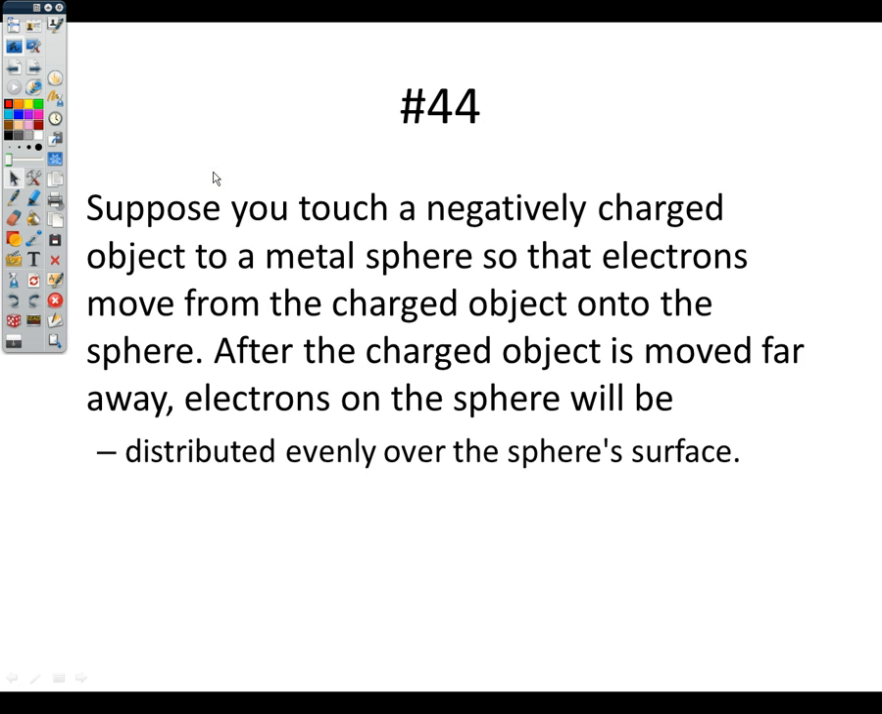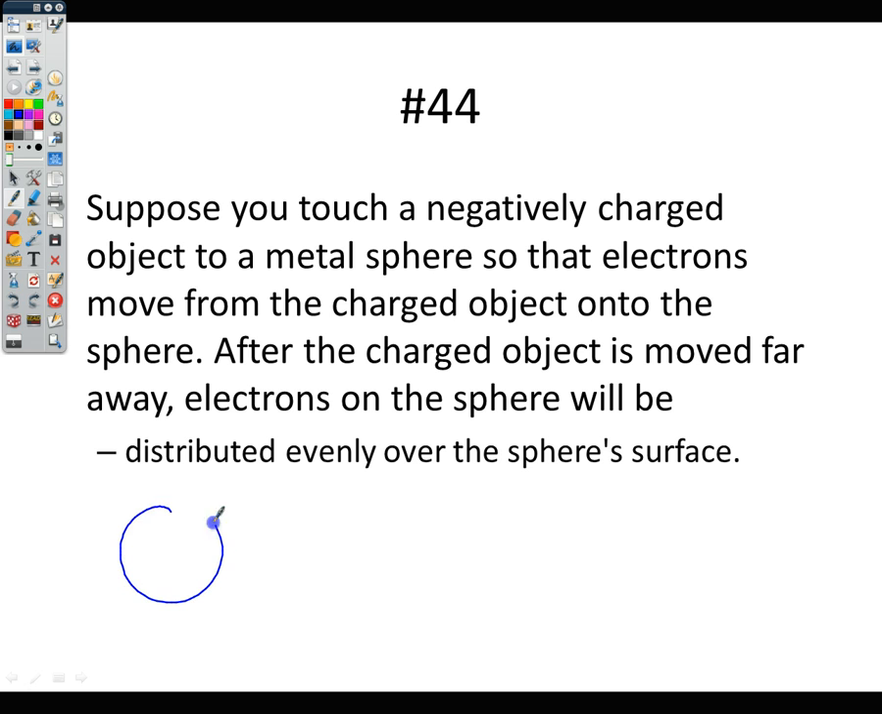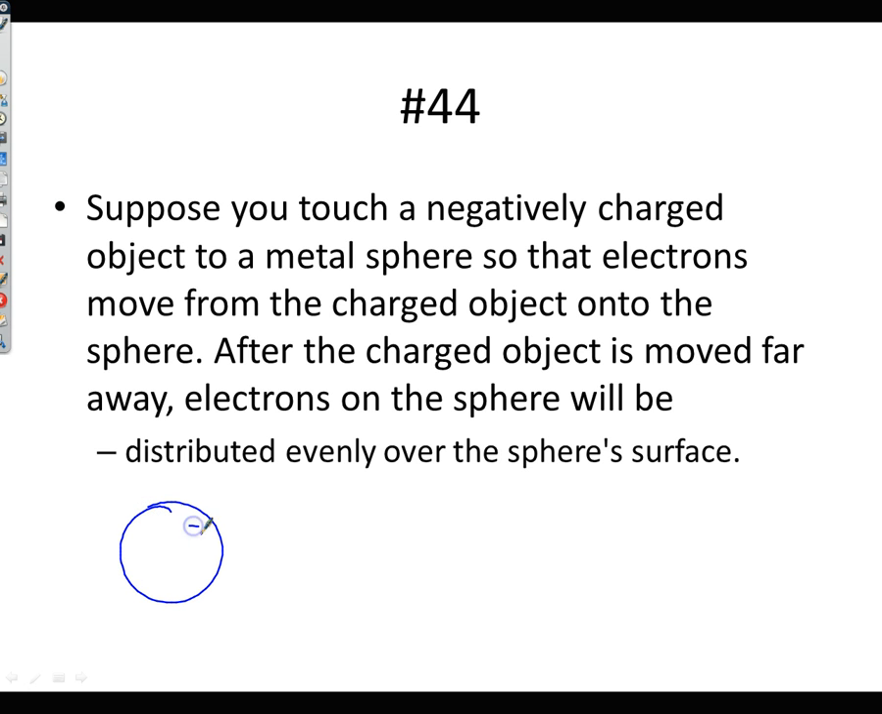For number 44, suppose you touch a negatively charged object to a metal sphere so that electrons move from that charged object onto the sphere. After the charged object is moved far away, electrons on the sphere will be distributed evenly on the sphere's surface. So if I have a sphere like this and I put a bunch of negative charges on it, I get a rod that's negative and touch it to this one, and those negative charges move over. At first they're on the side, and then when I move that other rod infinitely far away, all the charges on this sphere will